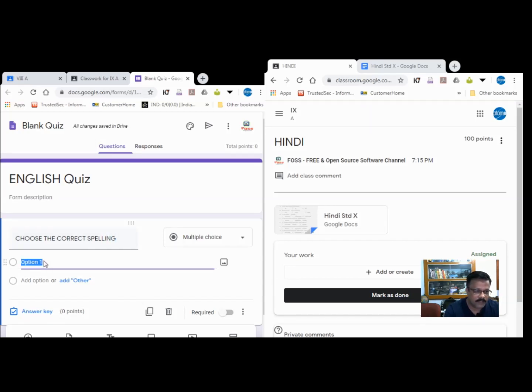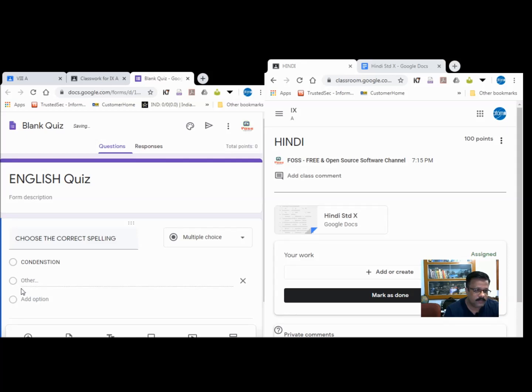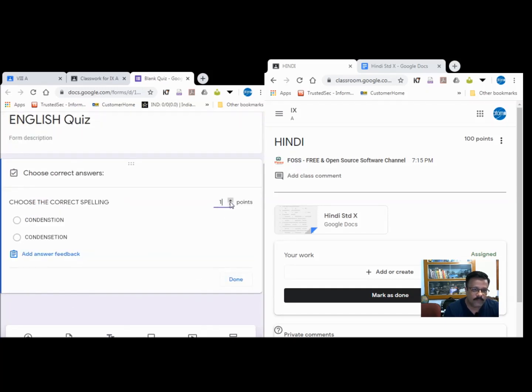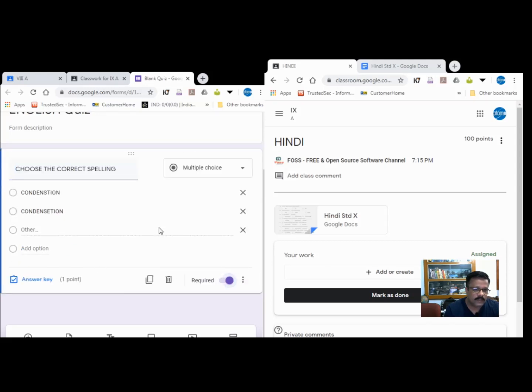Suppose I am writing here a word, condensation. Add an option here. So I have to choose the correct option. This is of MCQ type. Now I am giving 1 point here. Okay, done. This is required.